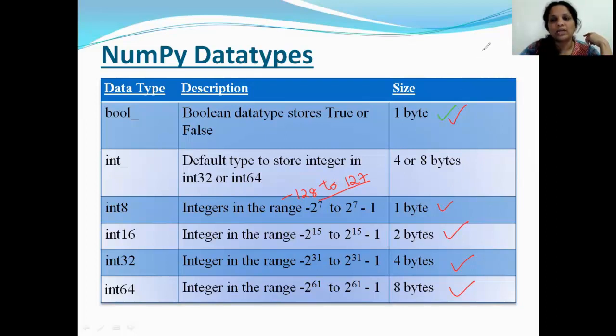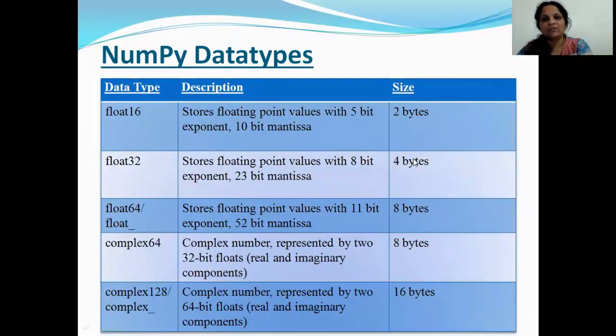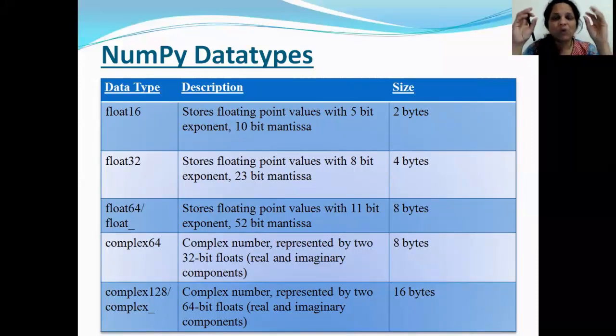Okay, so let's go ahead and see the other data types. The other data types are the float data types, coming in various forms like float 16, float 32, and float 64. Here also, for smaller floating point numbers, you use float 16 because it uses up only 2 bytes. Float 32 for bigger ones, and really big ones, you use float 64 or float underscore.